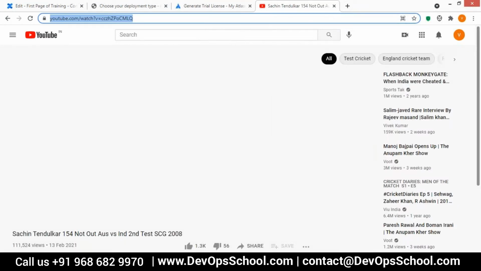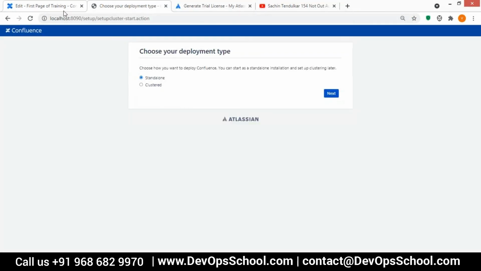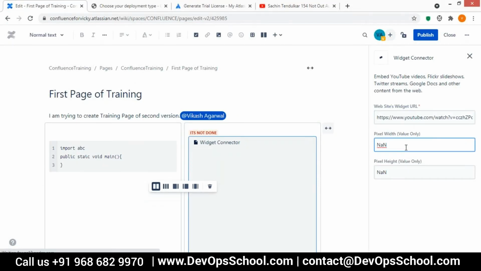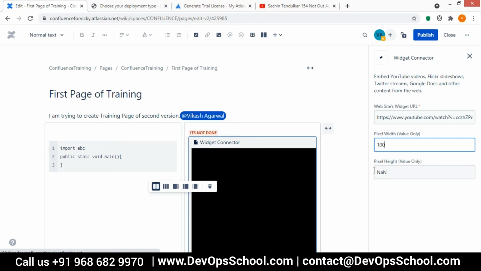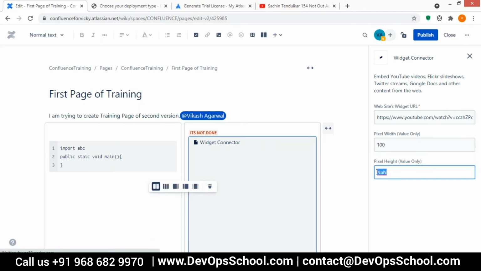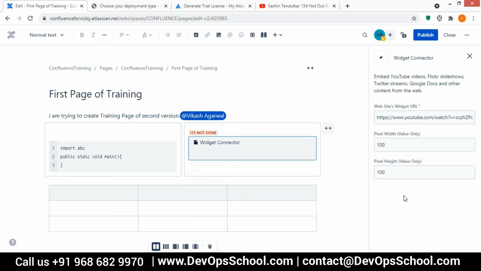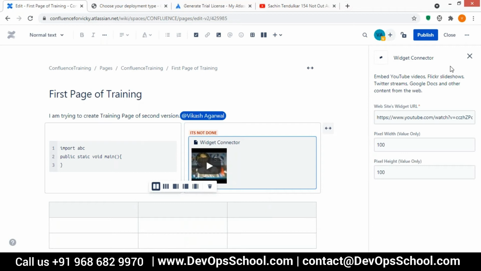Okay, and I'll go back and mention it here. So for example, if I mention 100, this will give you the preview also, of how it will look, and you can publish it.